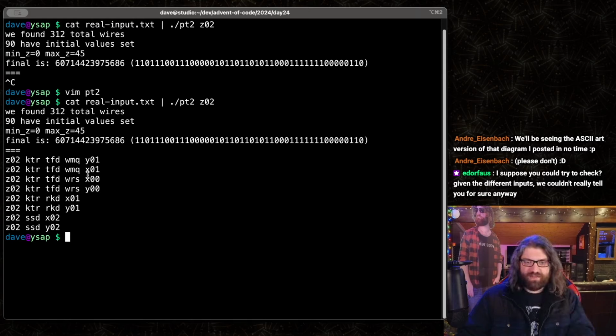I suppose you could try to check given the different inputs. We couldn't really tell you for sure anyways. Yeah, that's true. We have different inputs. I could check. I thought about doing that too, if I should put dead end checks or something, or inputs that aren't being used, or outputs that have no connections, like a validator. I could do something like that. In order for this to be valid,